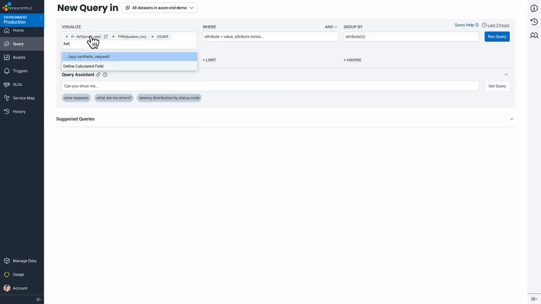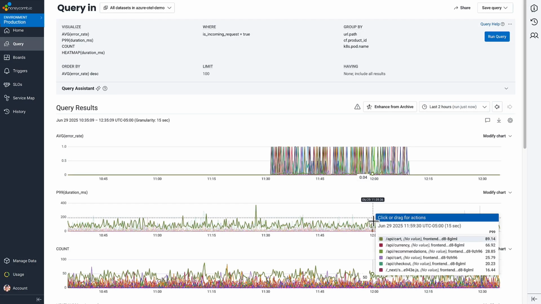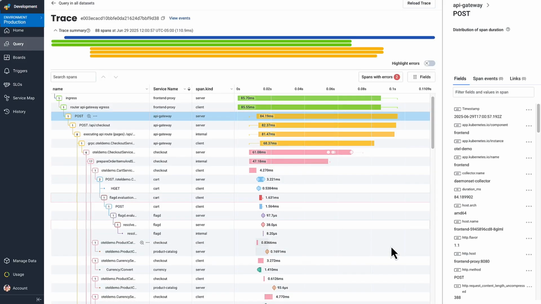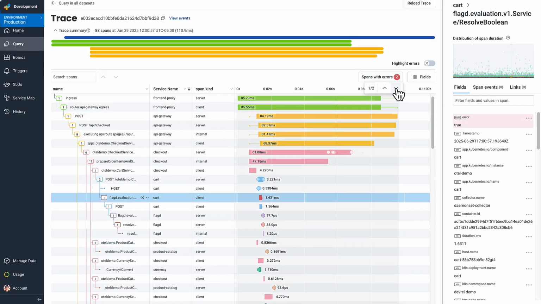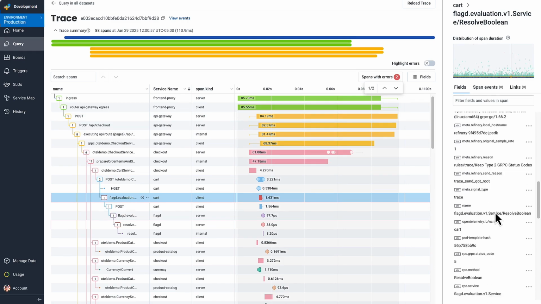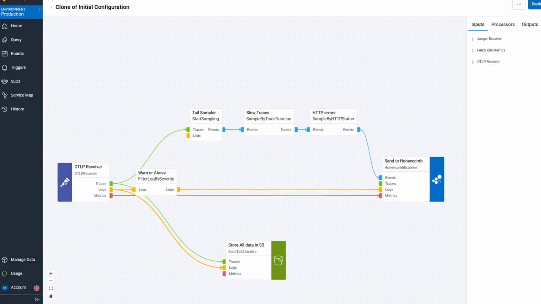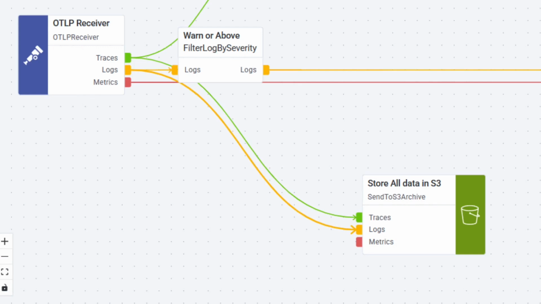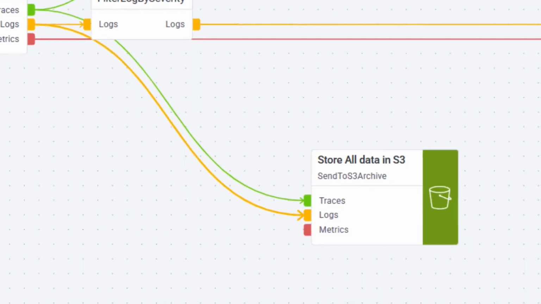Then in Honeycomb, I get application metrics by any set of attributes on the fly. I also get the full story of what happens on that button push. Wide connected data gives me the best visibility, while deduplication keeps volume low. And then, fast self-serve access to full fidelity archived logs comes in handy when investigating things like issues affecting a